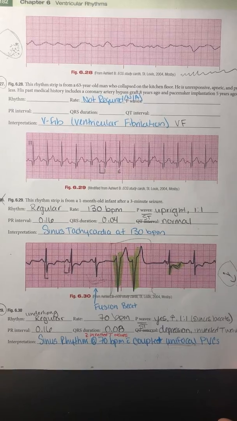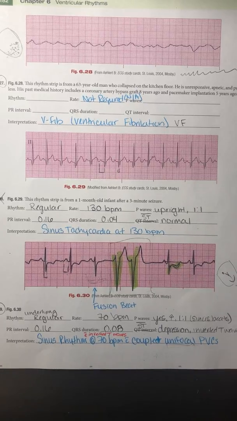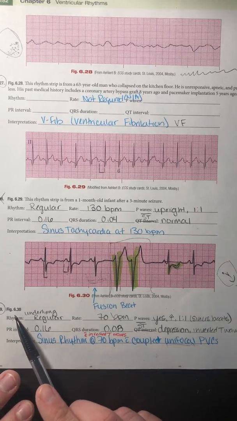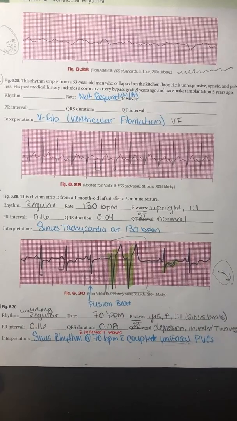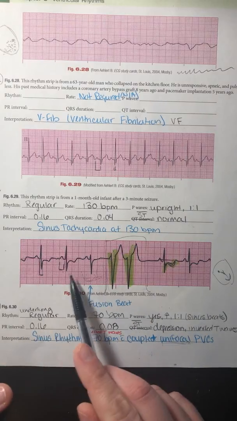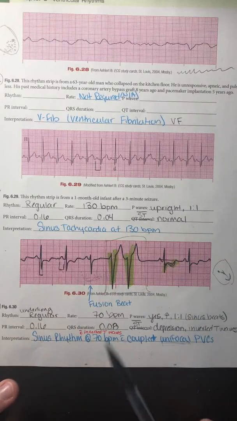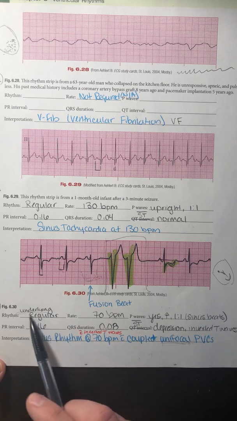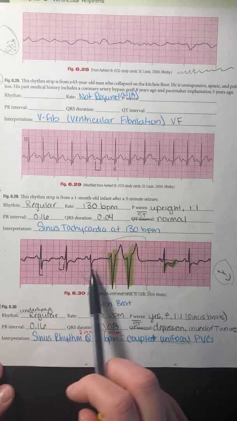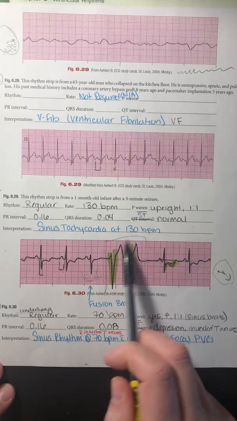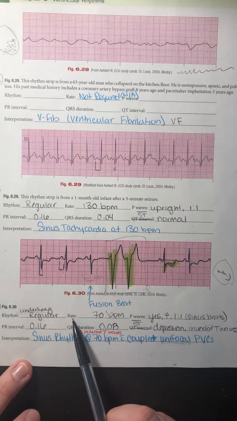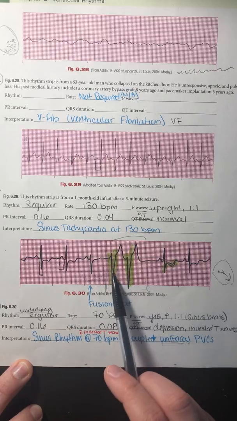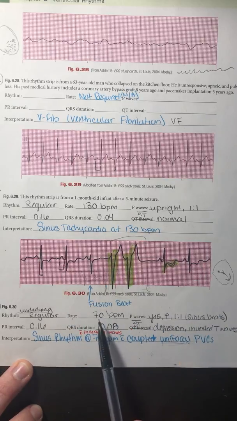I'm going to skip down to the last rhythm here. Number 29, or figure 6.3. I'm going to slide this over so we can see all of my interpretation. So rhythm, obviously irregular, mostly because we have these two in here. I wrote here that the underlying is regular just to point out that I do have a regular sinus rhythm happening besides these PVCs. For my rate, 1, 2, 3, 4, 5, 6, 7 times 10 gave me that 70